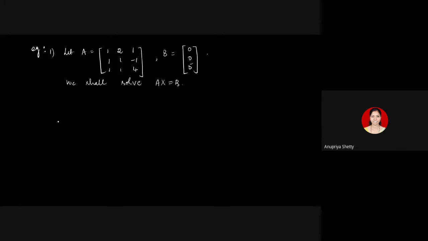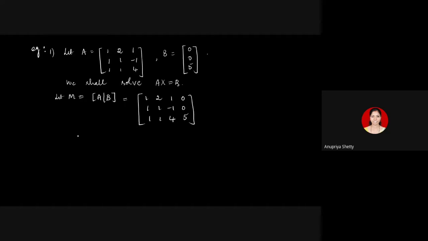Okay. What is the first step? First, you have to write down the augmented matrix. We are trying to understand the meaning of the previous proposition, so I will use similar notations, M equal to the block matrix AB. When it comes to the problems, it is not necessary, just to make the proposition clear, I am using similar notations. So here I have to go for the augmented matrix, that is 1, 2, 1, 1, 1, minus 1, 1, 1, 4. And then you have to combine with that column B, which is 0, 0, 5.